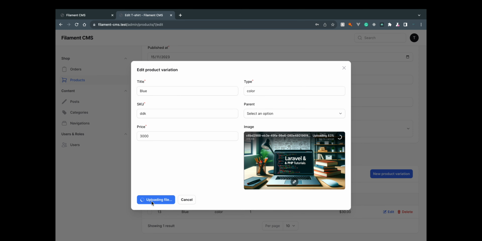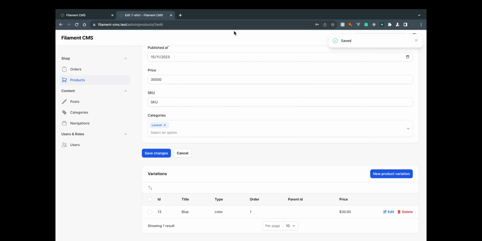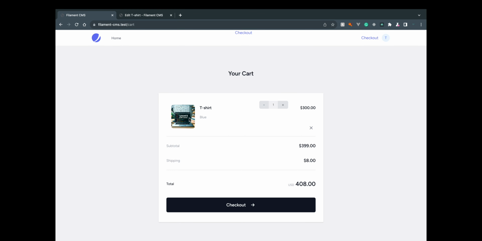Just wait for Filament to load the image in, click Save Changes, refresh, and there you go. We have now an image loaded in. We have the ability to get the variant. We have the price outputted here, ability to remove the item,